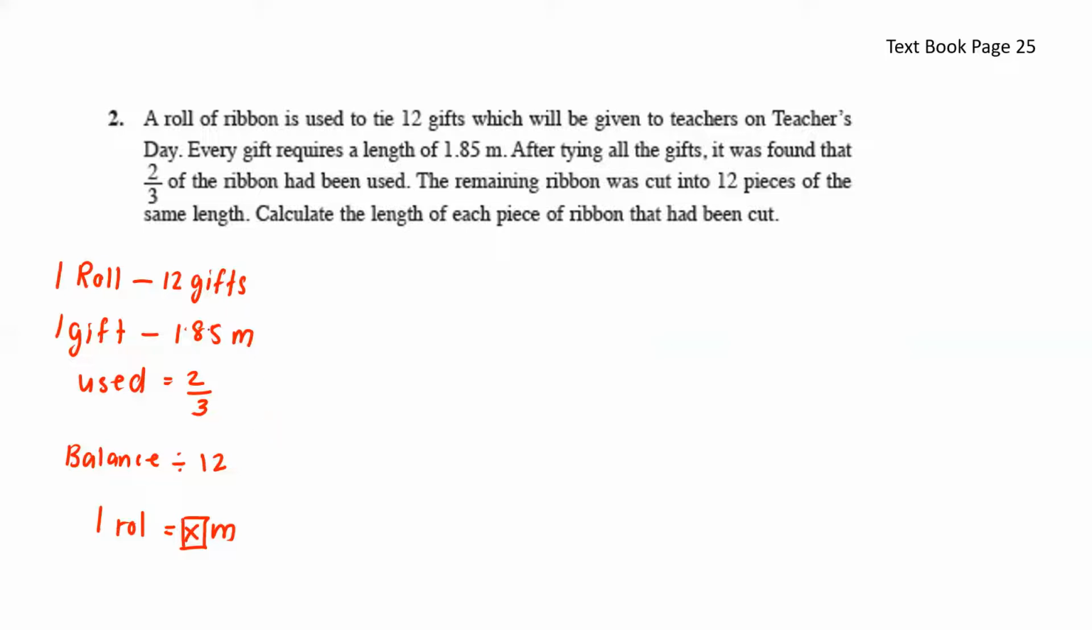Okay, so since 1.85 is for one gift, here we have 1.85 times 12 gifts. So for 12 gifts, we have 22.2 meters that was used. Okay, so if 22.2 is only 2 over 3, let's calculate 2 over 3 of the roll